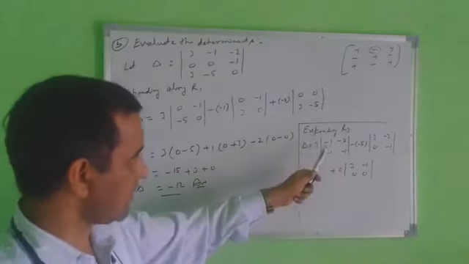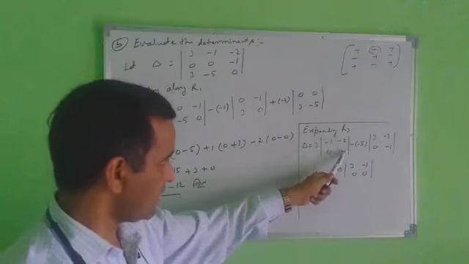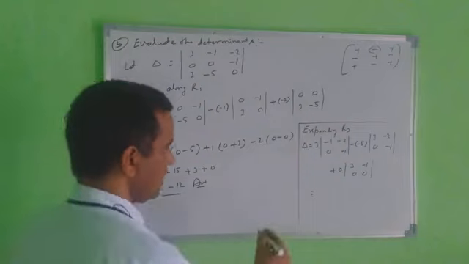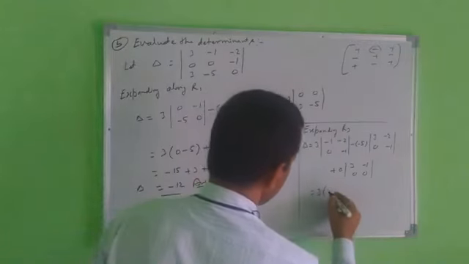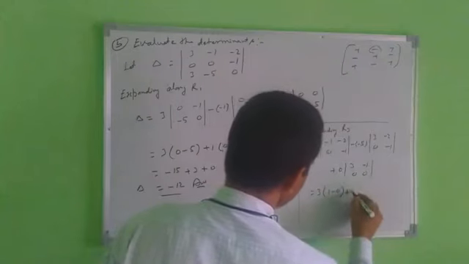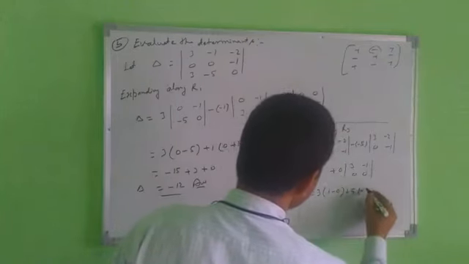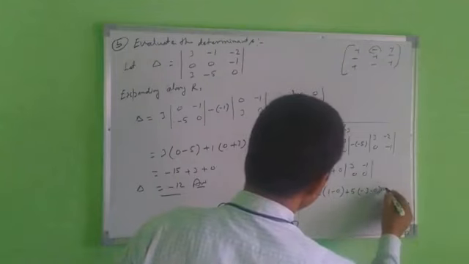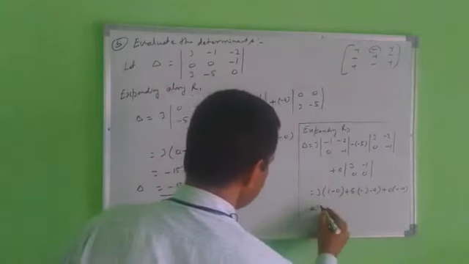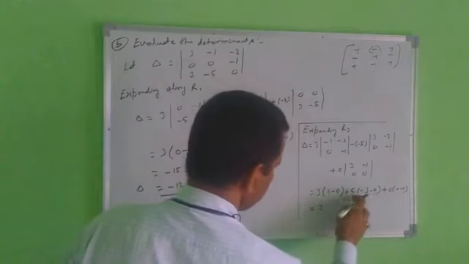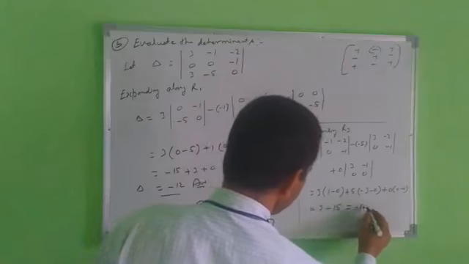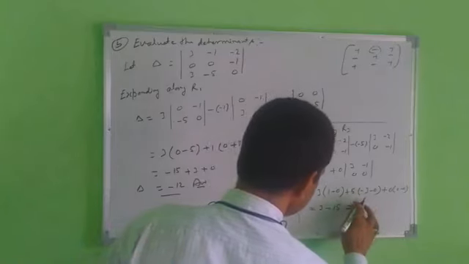Now you calculate this part here. Minus, minus, plus, and this portion will be 0. So what will come here? 3 times (1 minus 0), then minus minus here plus 5 times (3 minus 0), and this portion here is 0, minus 0. What will it become? 3 times 1 is 3, 3 times 1 is 3, plus minus 5, 5 times 3 is 15, and the answer you get here is minus 12. So the same answer you get here: minus 12.